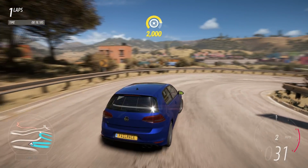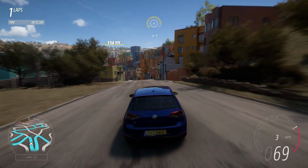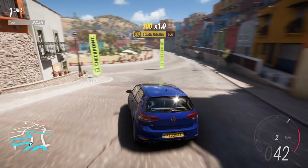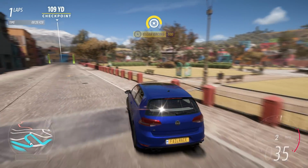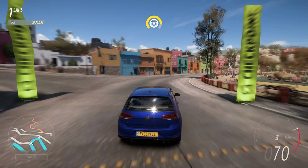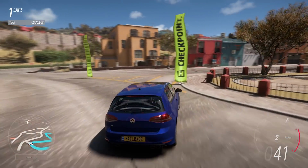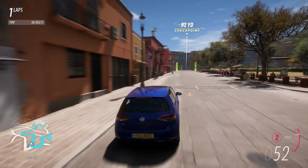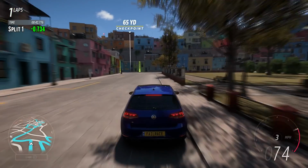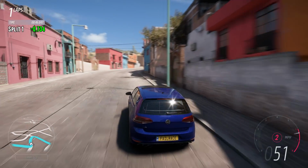The Golf is a little bit wide on the way into the hairpin. Go for a late apex, slight bit of a miss on that one, but can still get the power down nicely. Jump on the brakes for this downhill section, bobbles across the curb without too many issues. But yeah, the all-wheel drive traction is likely to be a bit helpful around here because you're dealing with so many low-speed acceleration zones. The front-wheel drive cars can spin the wheels up quite easily. We're across at the first split, and it is perhaps unsurprising to see the Golf is going a bit faster